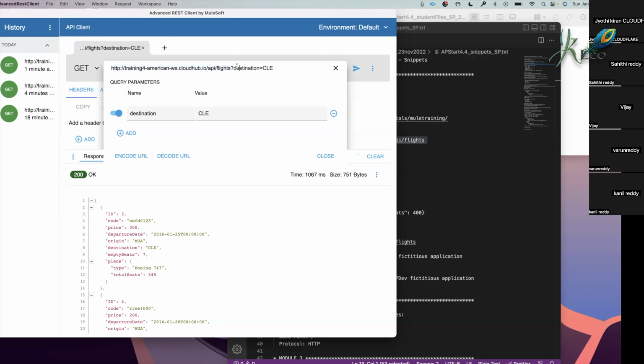Okay. And again, in the address, you have to analyze what exactly the address contains. In the address, up to the first slash, it's the domain name. Domain name means the one who is hosting this service, their name. This is the name: the training for American Web Services .cloudup.io is the domain where this service is up and